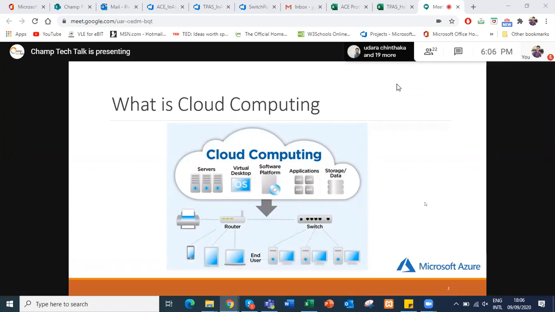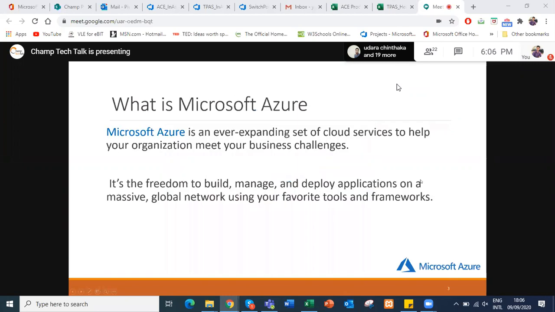Let's move to the other slide, which says, what is Microsoft Azure? As I said earlier, Azure is an ever-expanding set of cloud services. It is a cloud computing service created by Microsoft for building, testing, deploying, and managing applications and services through Microsoft-managed data centers.